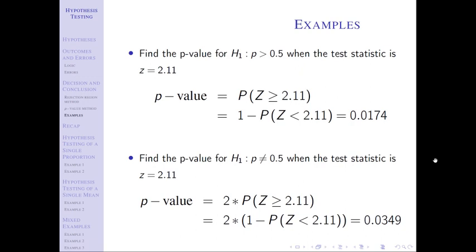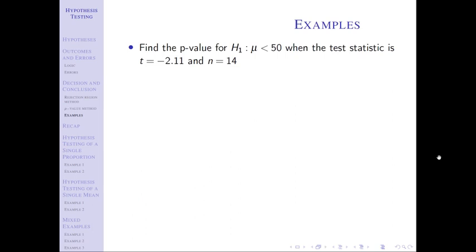That's the basic setup for how to find p-values for proportion problems. What about with mean problems? What if I'm looking for the p-value for a mean problem where the alternative is mu less than 50? Notice the 50 or the 0.5. Notice it has no bearing whatsoever on finding the p-value. Why is that? Because this was already used when I found the test statistic, right? So once you get the test statistic, it doesn't really matter what the number is. This is only helpful to tell me what symbol to use in my p-value.